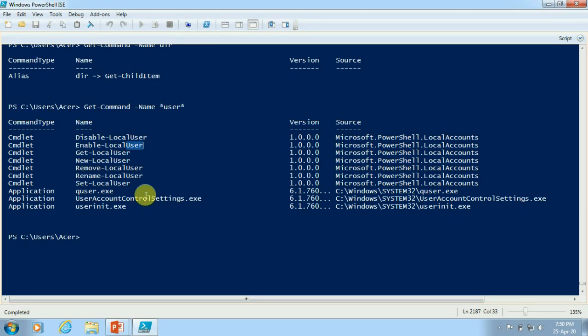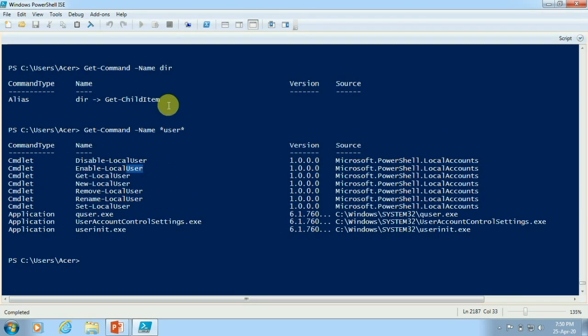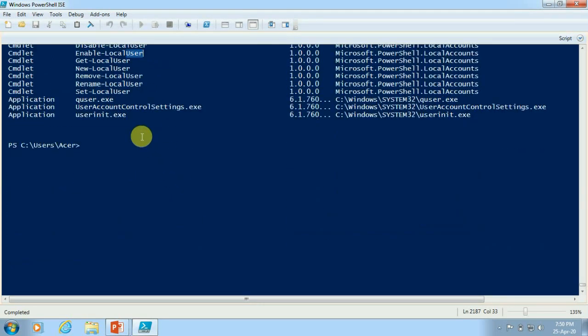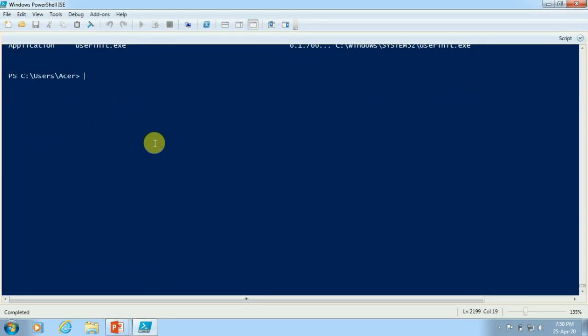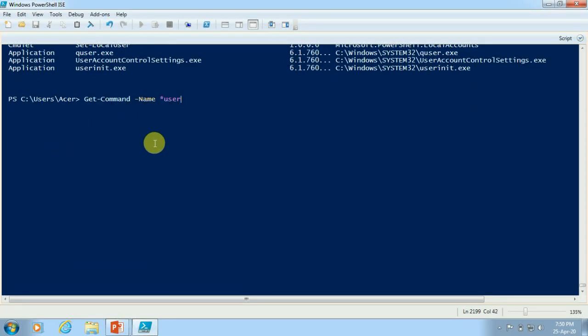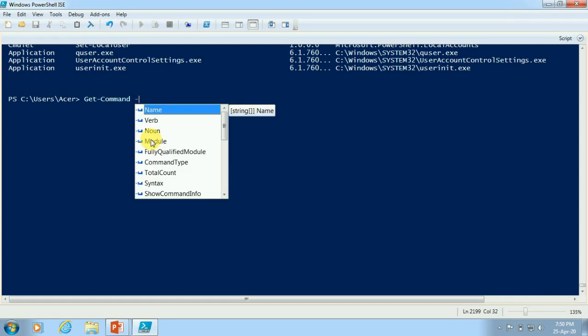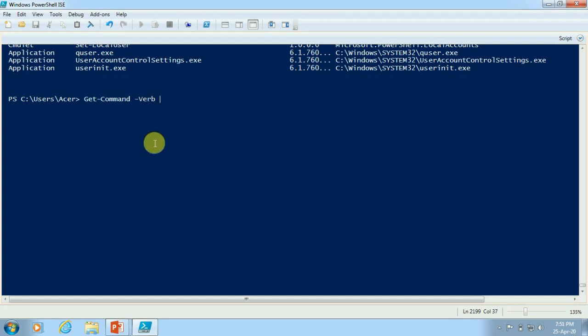So likewise we can use alias or name or the full name of any commandlet if I want to get that one. And after name we can specify the verb also while fetching the list of commandlets.